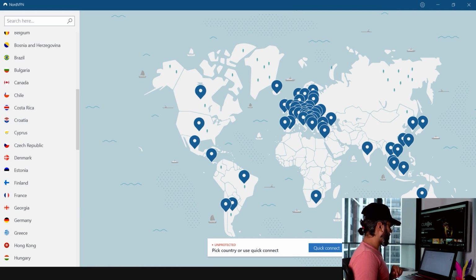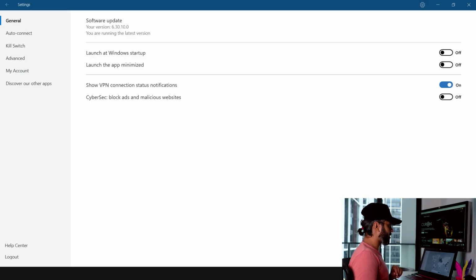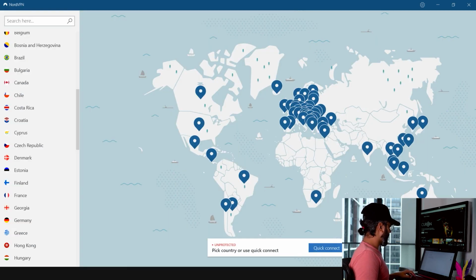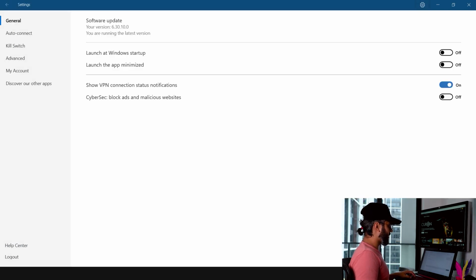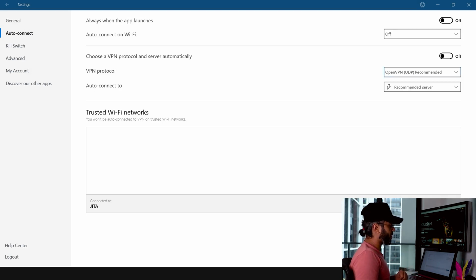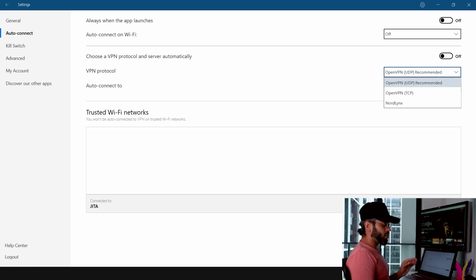There's one more tip that I do want to share. You go to settings. From this app, you just click in here, go to settings, and then you go to auto connect. In auto connect, you have a VPN protocol. There are a couple of options on VPN protocol: you have OpenVPN UDP, you have TCP, and then there's NordLynx. Most of the time, whichever they suggest, which is NordVPN UDP, works fine. But I've seen at times when I have trouble with my speed on Netflix, changing it to TCP just works better. In most cases, I just let it be what it is.